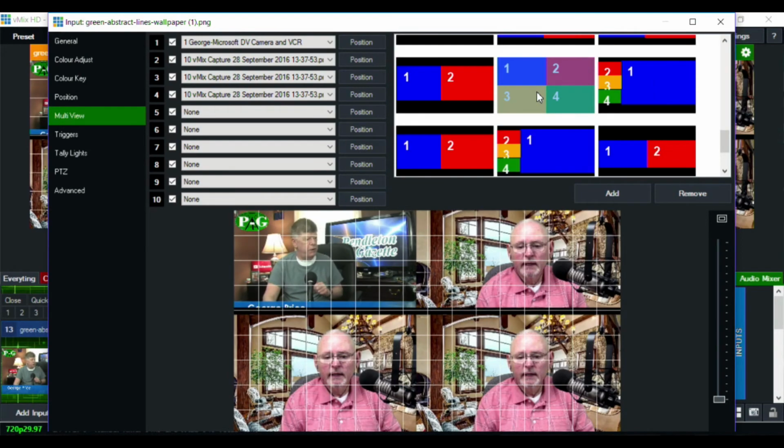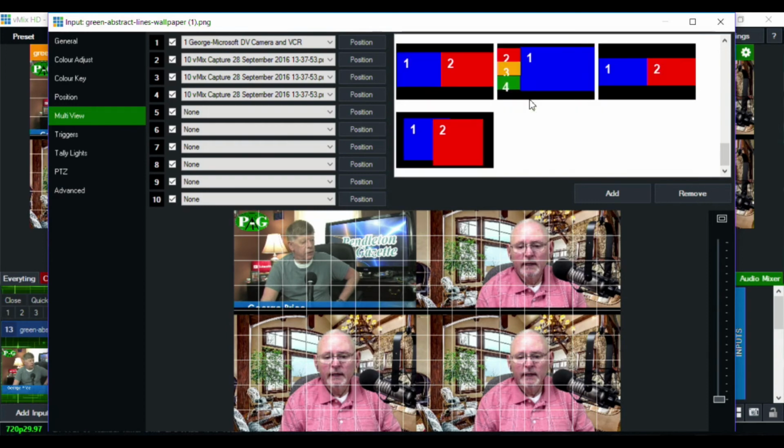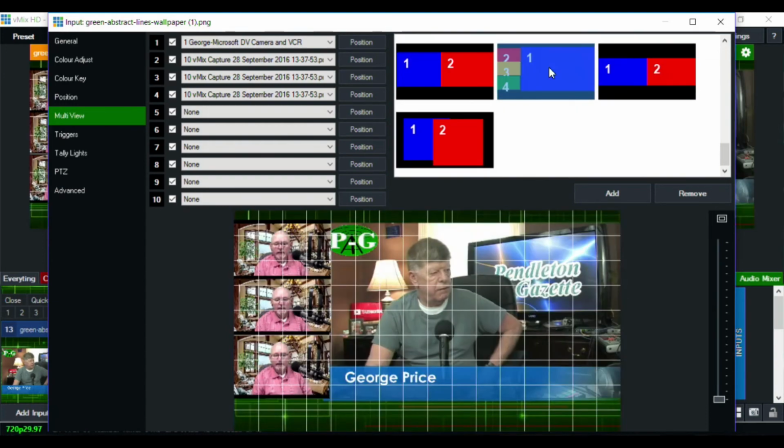this multi-view here. And then what I did, I took the one multi-view and drug it over to the right and increased the size of that. Then the other three multi-views, I reduced the size of. So let's see if we can get it back. And like that. The number one multi-view, I made larger.